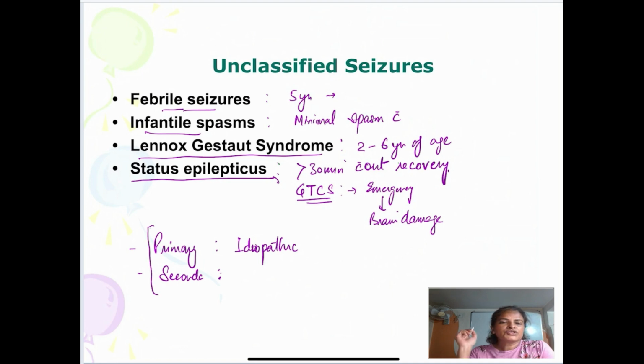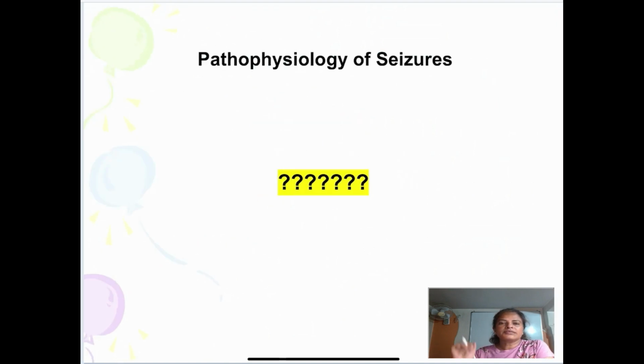But the thing is, the treatment mainly depends on the type of seizure, so management totally depends on that. But if you are able to diagnose the underlying cause of the seizure or epilepsy, you have to treat the cause also along with that. Now, why does this seizure happen, what is the pathophysiology? In the brain, the neurons are connected, both excitatory and inhibitory neurons, and there is a balance between these excitatory and inhibitory neurons.